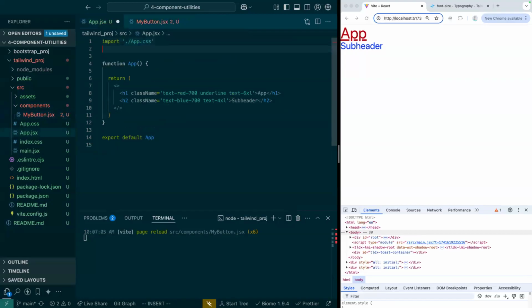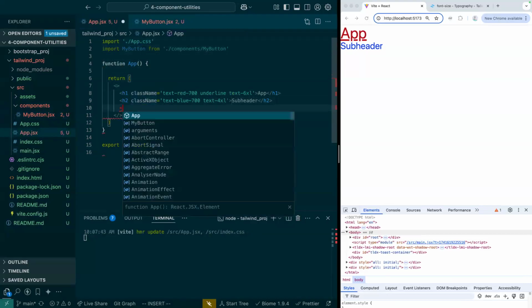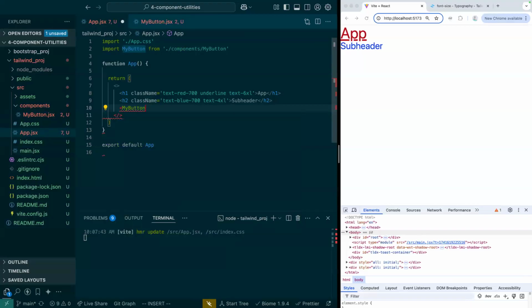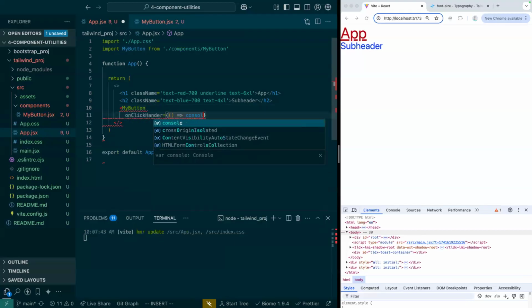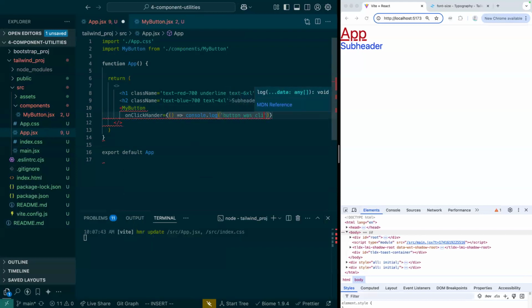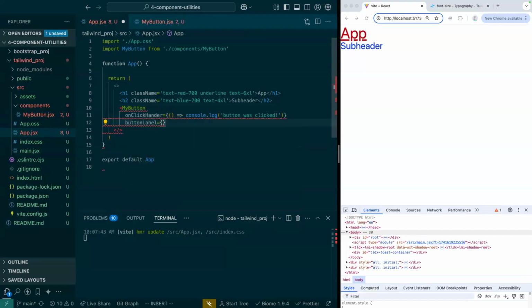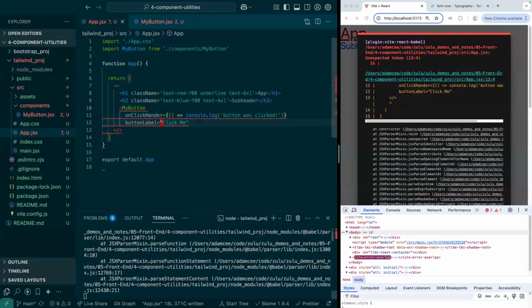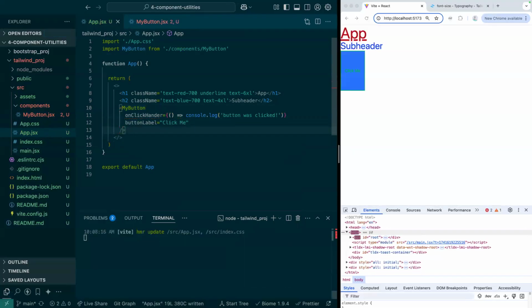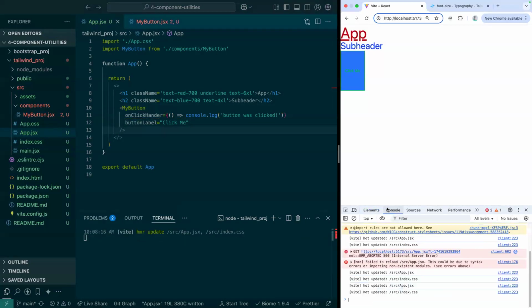And then up here, we can import our button. And we'll have to see if I have to do any fiddling to make sure that the Tailwind CSS gets imported correctly. But my button, and let's just do onClick handler. And I'm just going to do console.log, button was clicked, and button label. Click me. And now, fingers crossed,